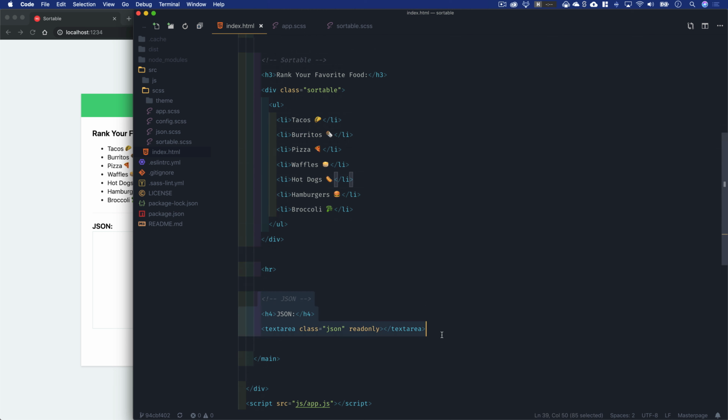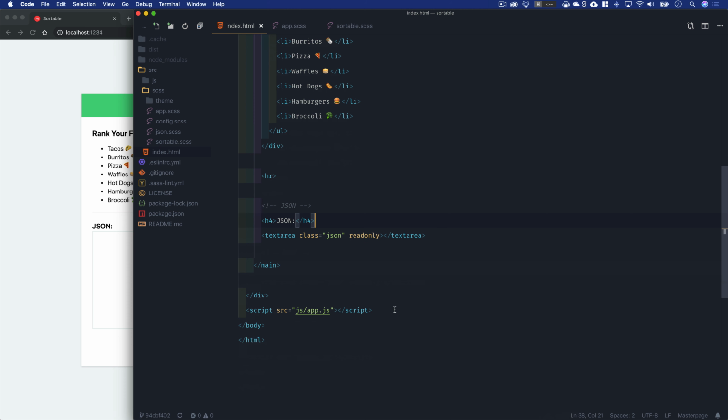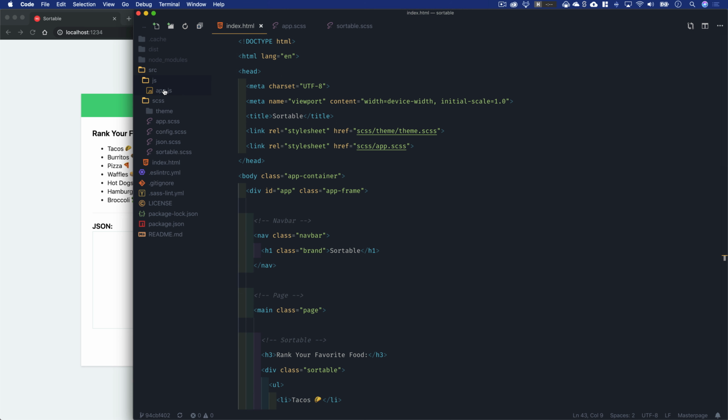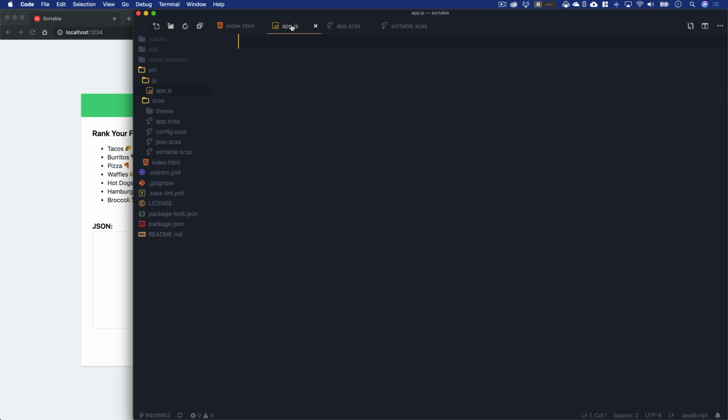We have our JSON box down here. That's just a text area that I've marked as read only, so you can't actually change it. And then finally, we're loading in our app.js at the very bottom, which you'll notice is an empty file. So we will work on this in a bit as well, but mostly we're going to be focused on doing